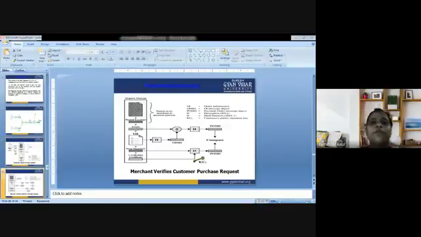So the merchant verifies by comparing POMD generated through PIMD hashing with POMD generated through decryption of the dual signature. You can have a look at the procedure given here. We are supposed to add digital envelope plus PIMD plus OI plus dual signature plus CA. That could be fed to the append operator. Append is again fed with the OI through hashing. In addition, it is fed with the OIMD, and that is going to append the same. After that, the hash operation will be performed, and POMD will be there.